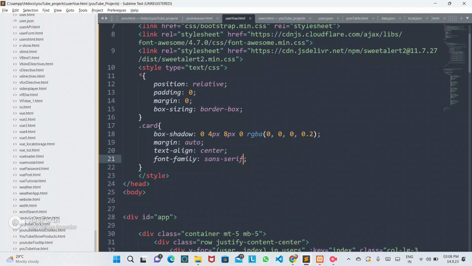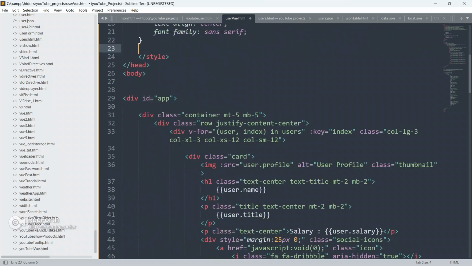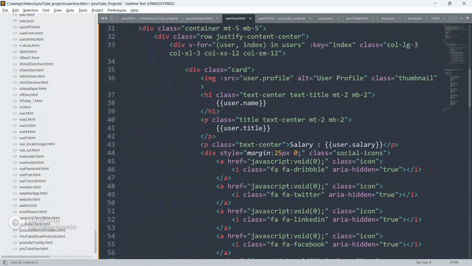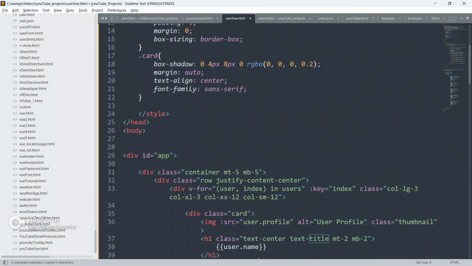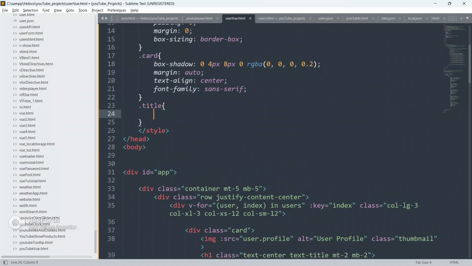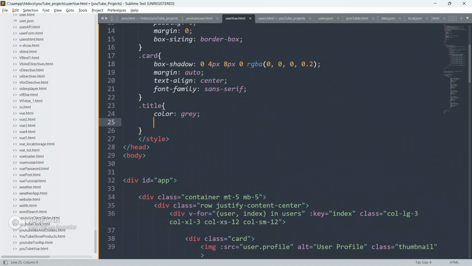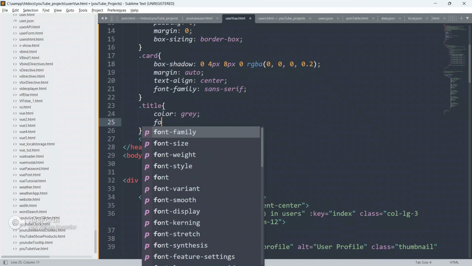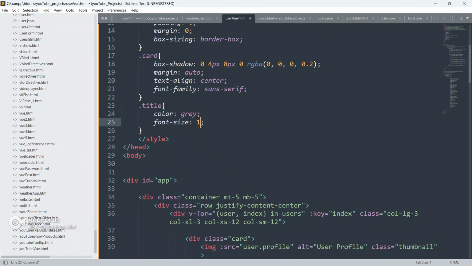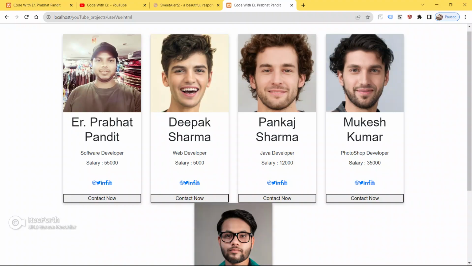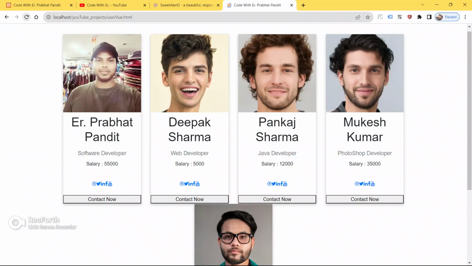We can see some box shadow now. Go again here, and I'm going to copy this title class from here and paste it here, and give color as gray and font-size as 18px.